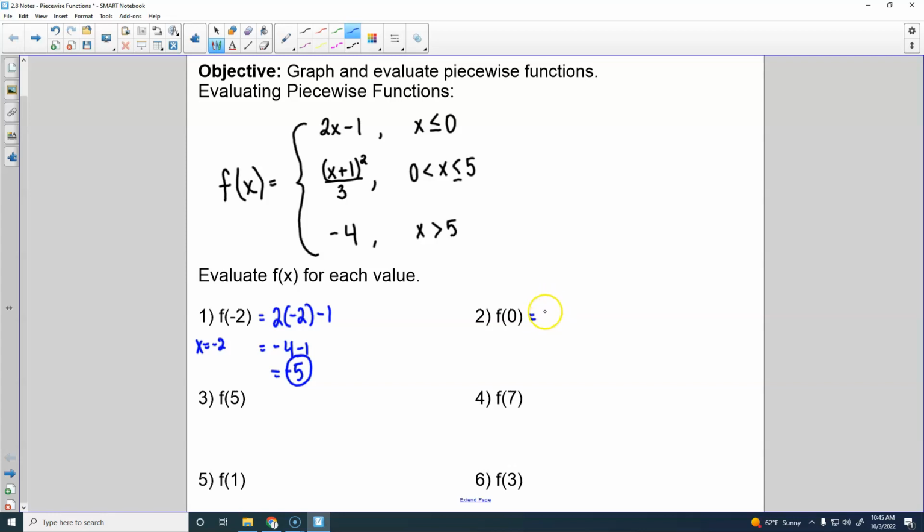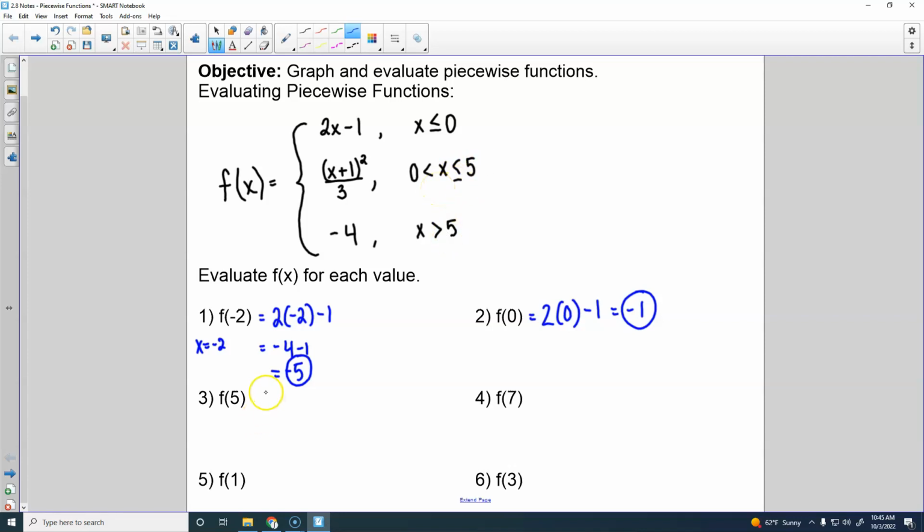Correct. So we would do 2 times 0 minus 1. That is going to give us negative 1. So f of 0 equals negative 1. Okay? Leah, which one do I pick for number 3, for f of 5? Middle one. And we choose it instead of the bottom one because we got that or equal to with our